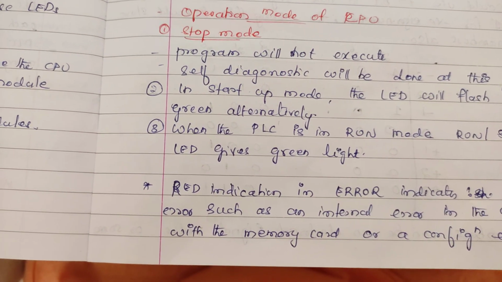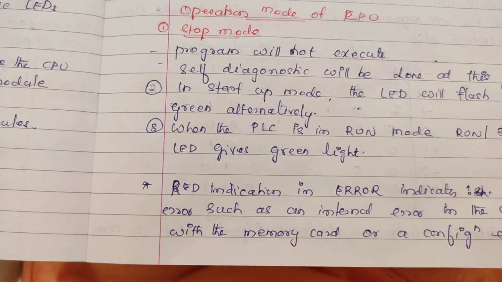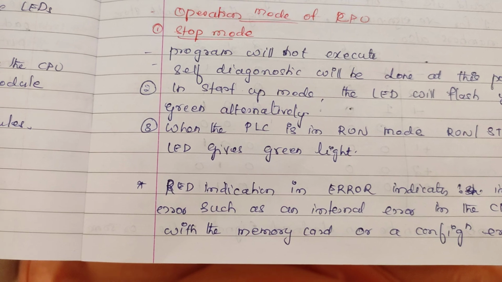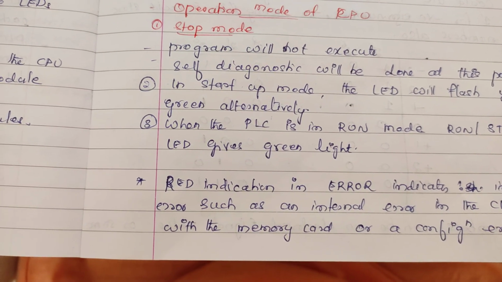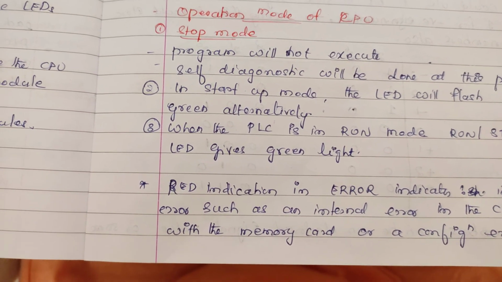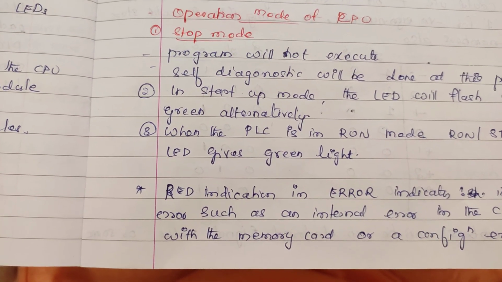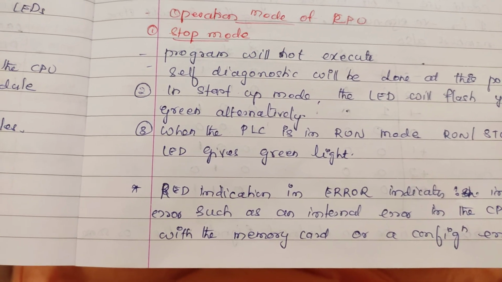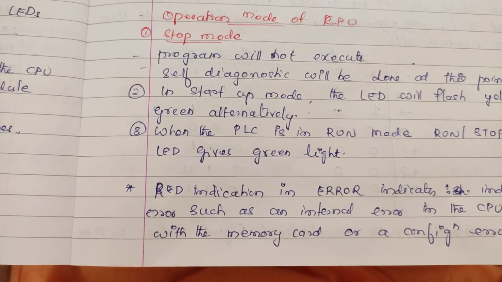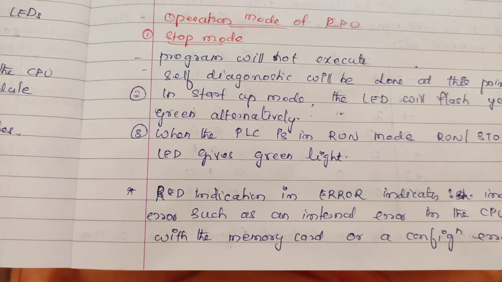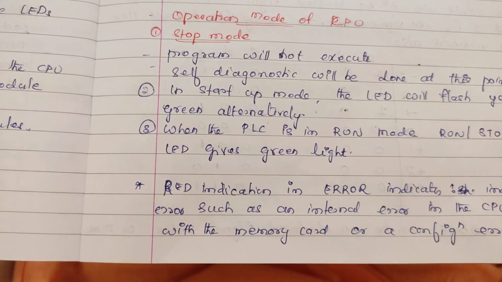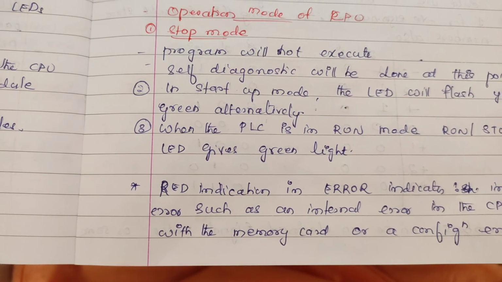Okay, so the first thing that happens is the output image memory, also called Q memory, is written to the physical output. Physical output includes all the field output devices. It can be a lamp, a motor, a relay, a solenoid valve, anything. Whatever status is in the Q memory is written to the physical output. Then the state of the physical input is written to the I memory. The physical input switch conditions will be written to this input memory.